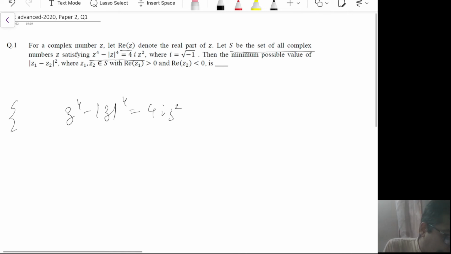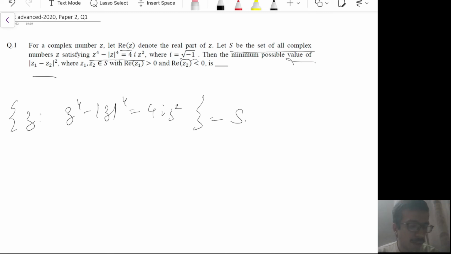And we are given that S is the set of points which satisfy this equation. So iota, as before, is always square root of minus 1. Then what is the minimum possible value of mod of z1 minus z2 squared, where z1 and z2 both belong to this set, and such that real part of z1 is positive and real part of z2 is negative. Okay, so we are essentially now given an optimization problem